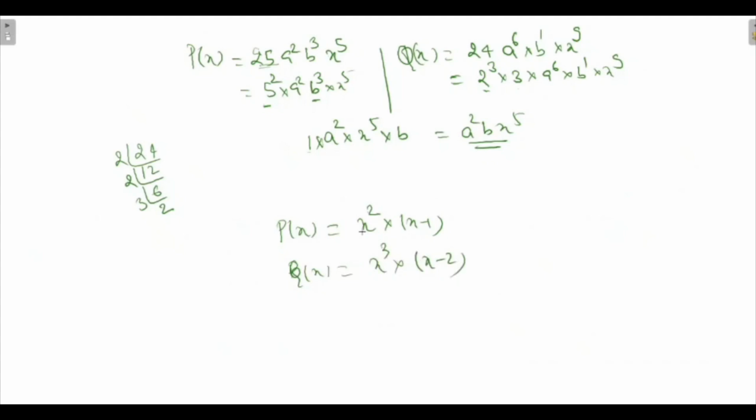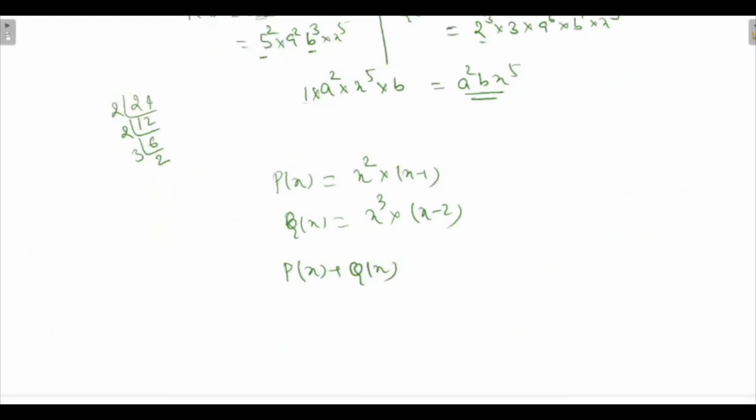And say if I have something like this expression px plus qx, someone is telling me to evaluate this expression, what we can do here is we can write x square into x minus 1 and then x cube into x minus 2. And all that we are wanting to do over here is that we want to take something common,